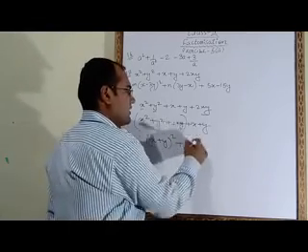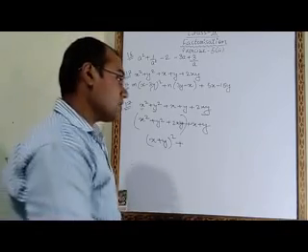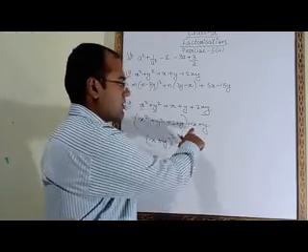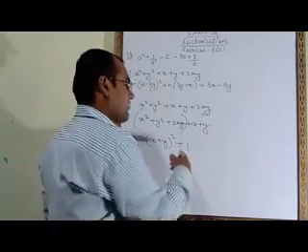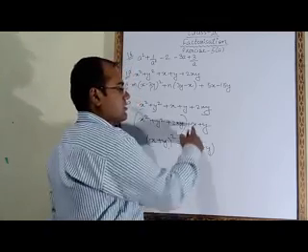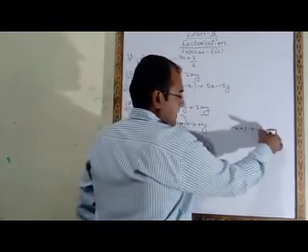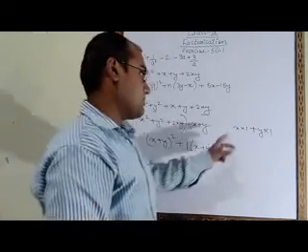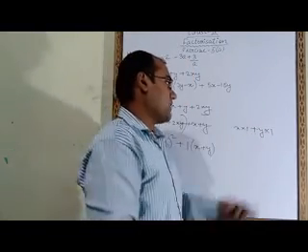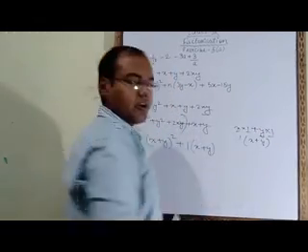Plus this one. Nothing is common from these two. This is x and this is y. Nothing is coming common. So in this case, you have to take one common. If nothing is common in these two terms, you have to take one common, and when we take one common, the remaining term will be the same, x plus y. Why? This x we can write as x multiply 1, plus this y we can write as y multiply 1. The meaning will remain the same, because x multiply 1 is x, and y multiply 1 is y only. So from these two we can take one common, and the remaining term is x plus y. So like this we have taken common.